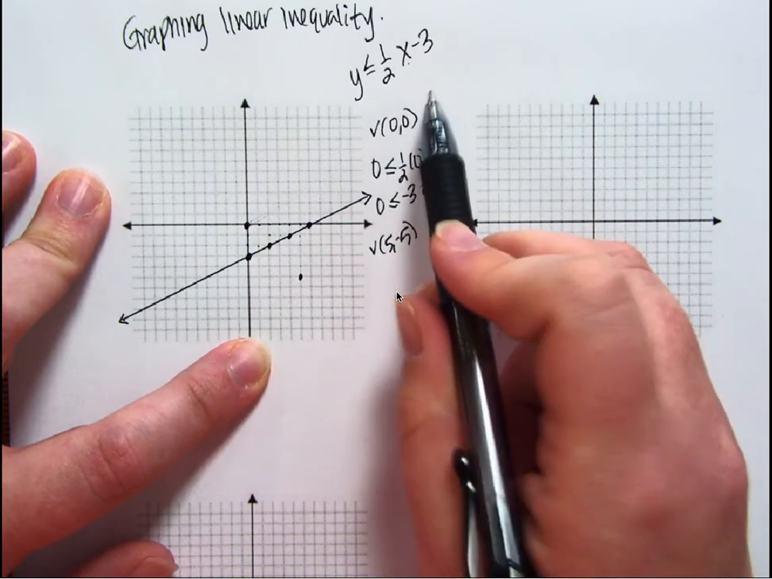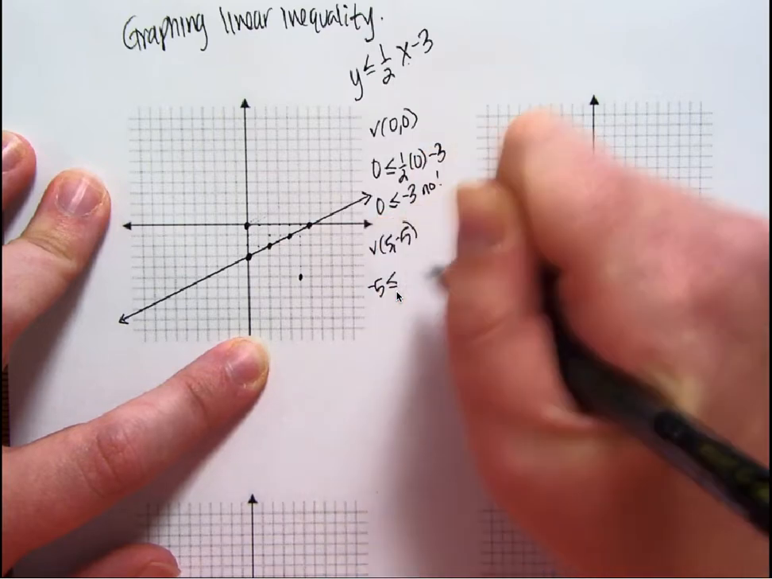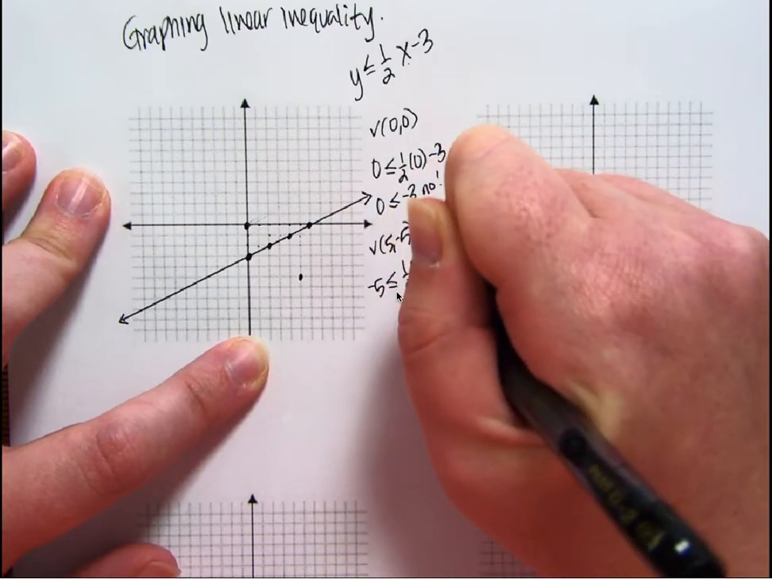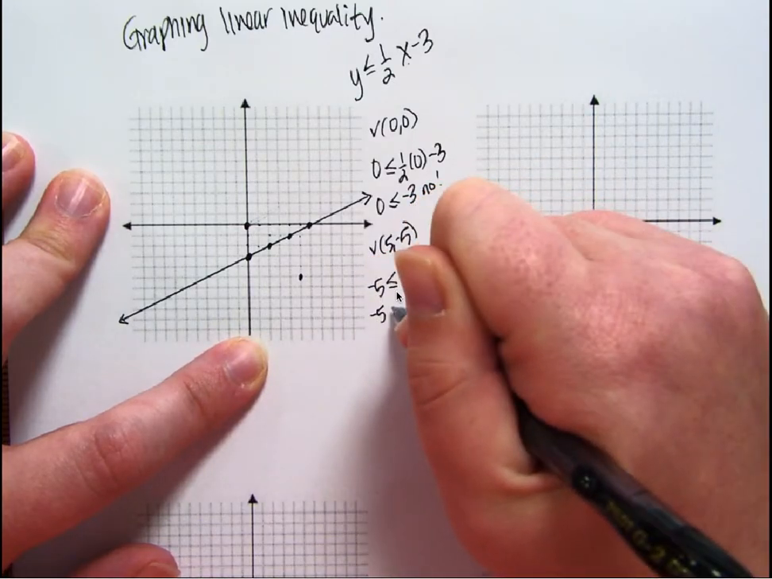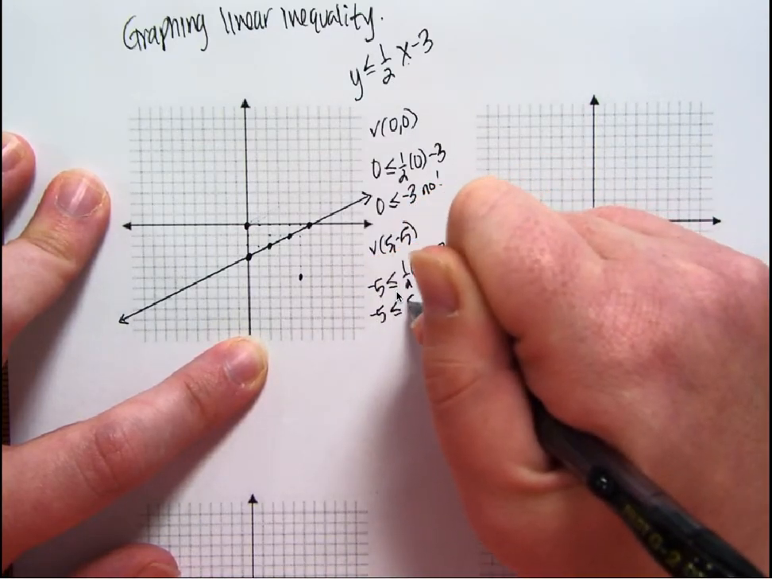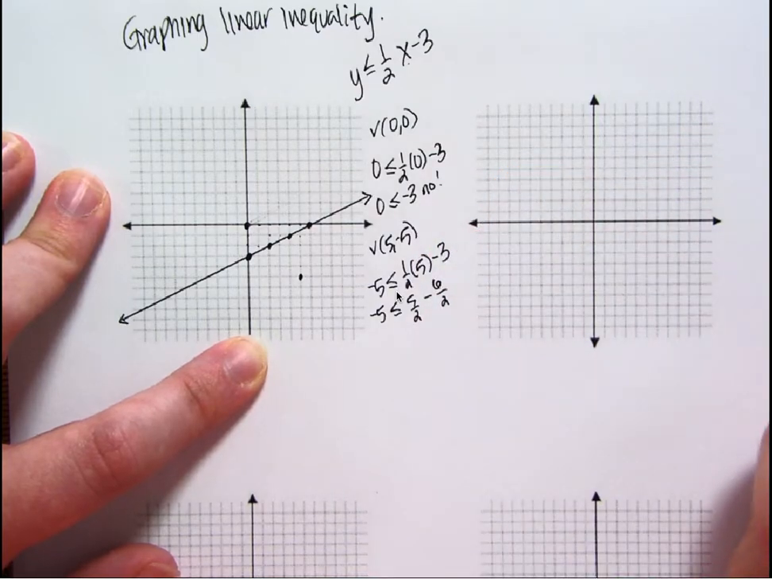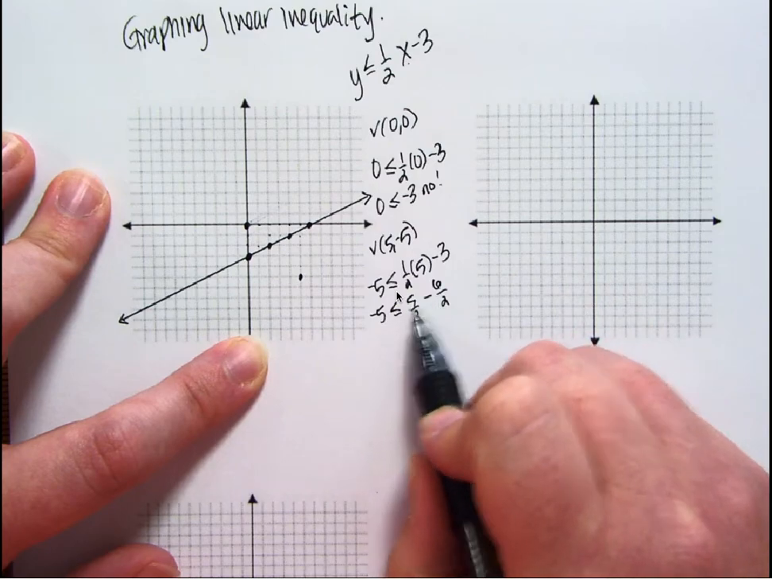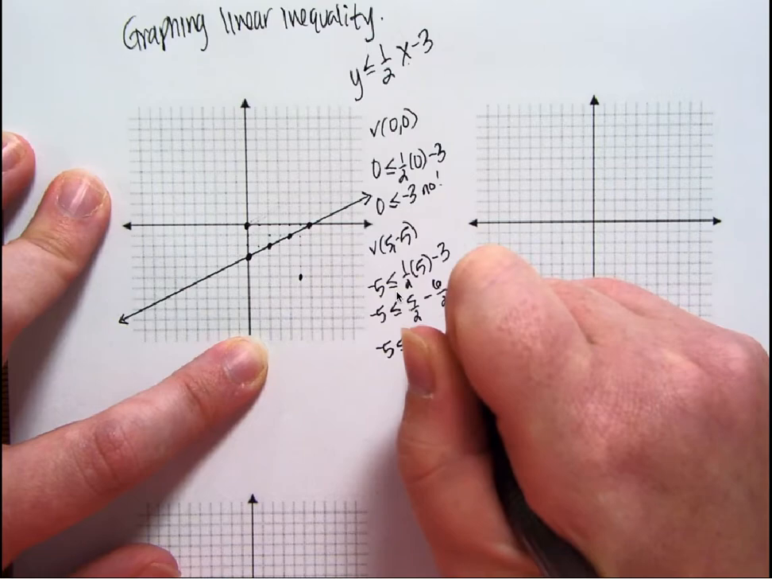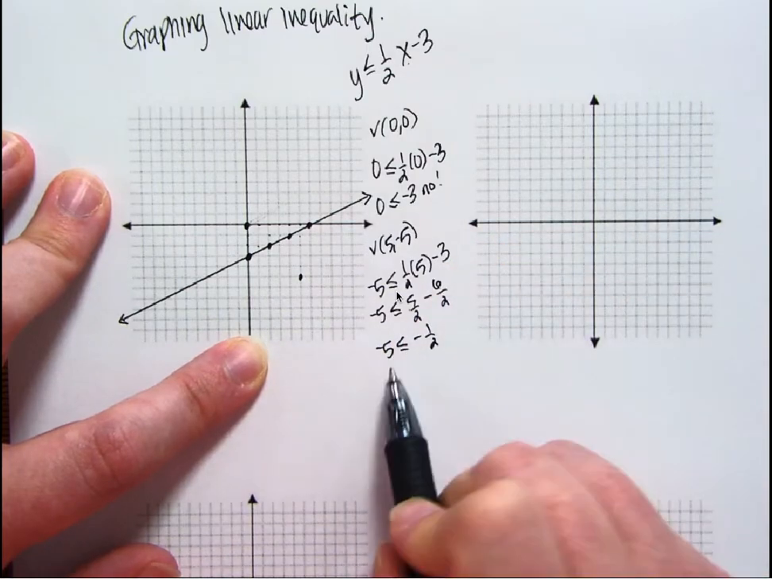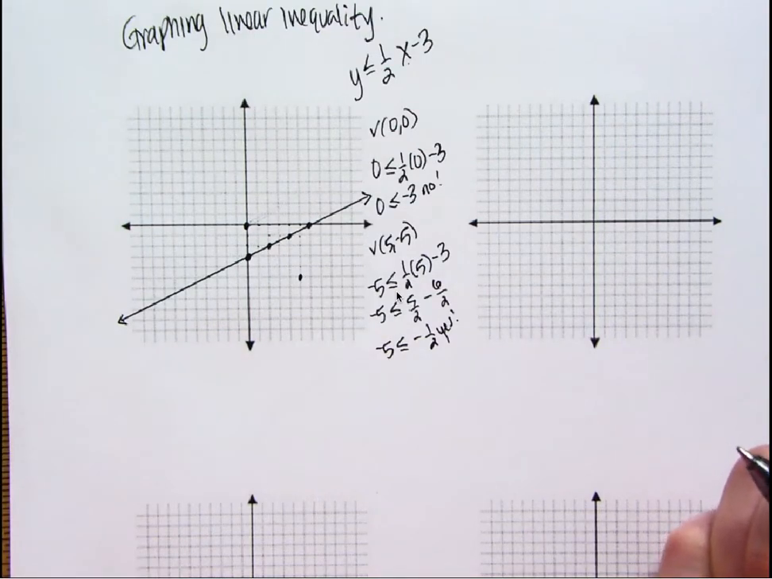I'm going to plug it into my inequality. So I'm wondering, is -5 less than or equal to 1/2 of 5 minus 3? -5 less than or equal to 5/2 minus 6/2. Because I'm going to be subtracting, I wanted to make them common denominators. -5 less than or equal to -1/2. That is a true statement. -5 is less than -1/2. So